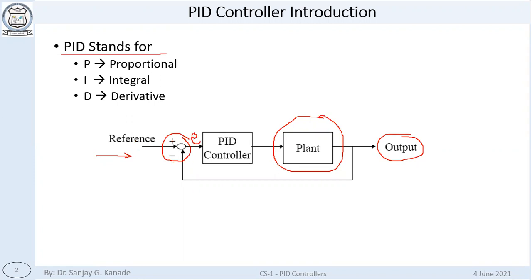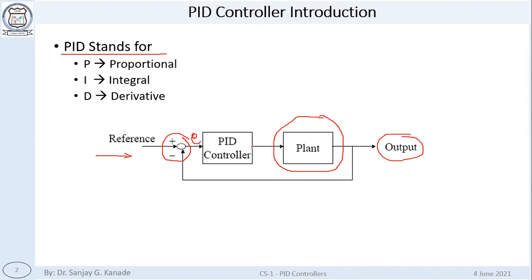And that error signal is given to a controller block. The controller block is here. The error signal is given to the controller block, and the controller, based on the value and direction of the error, makes certain manipulations, and those are given to the plant or the process in the form of, let's say, an input to the heater. The heater will in turn change the temperature, right? This is how it is going to work.